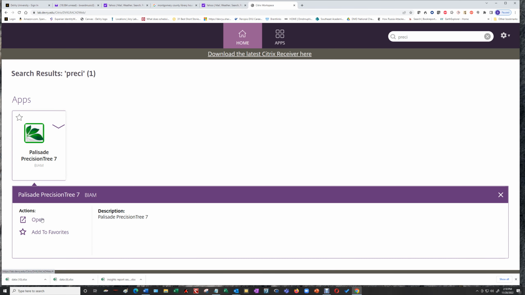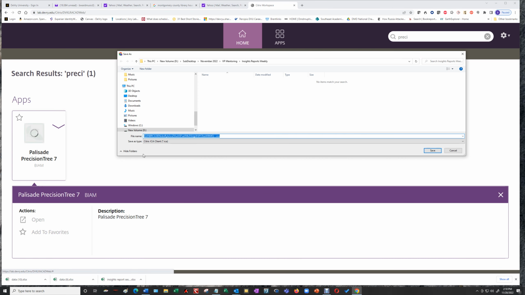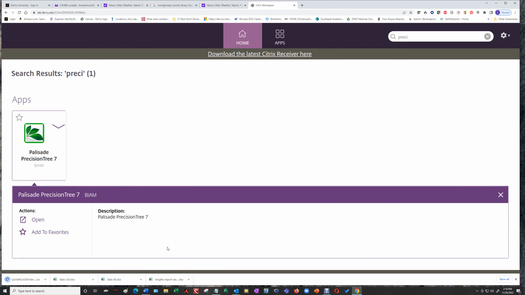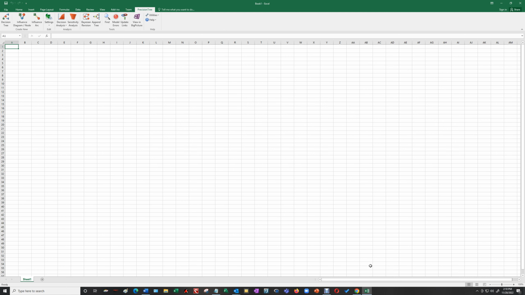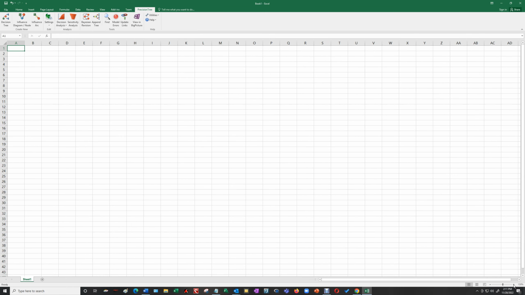So click on that, and I go to open, and it'll ask you to download a file, which I'm going to do. And then you click on the file. Up comes this icon on the far right of my system tray at the bottom. You know that you've got the precision tree software installed if it ends up here in a menu item at the top right of the Excel environment. So I'm going to make this a little bit bigger,